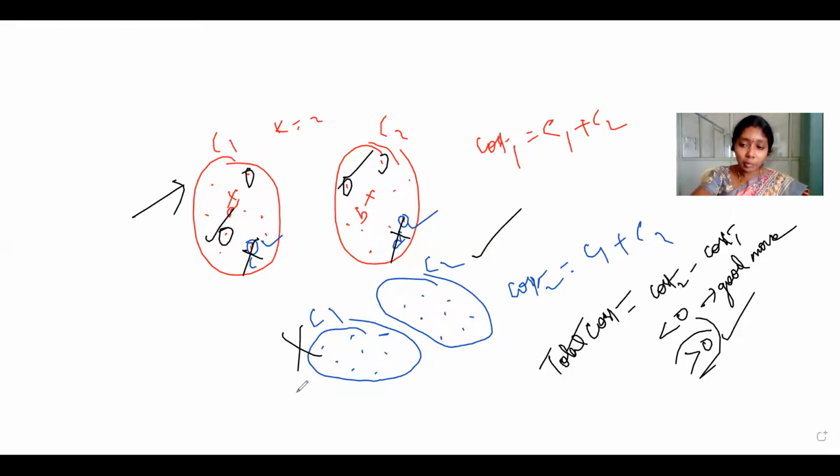Once you get the negative value, for example, you consider E, this is E and this is F. The third time when you select the representative objects, those are E and F. If you get the negative value here, it means this is a good move. Then you can reshape, which means the clusters generated using these E and F representative points are the acceptable clusters.